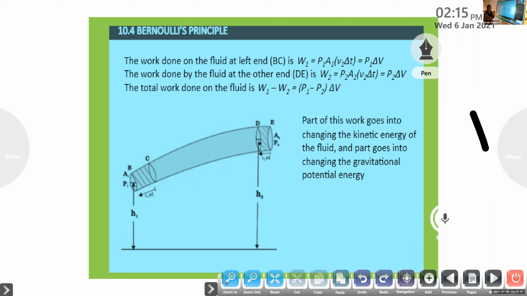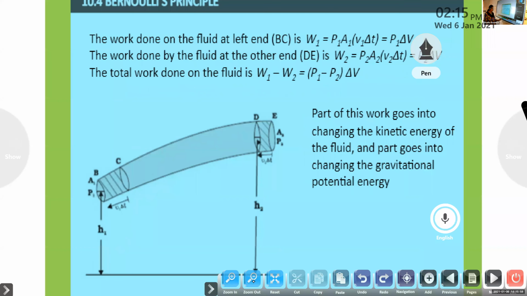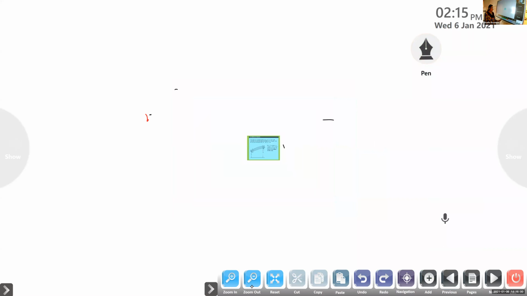Okay, children. So we don't go into much detail like what I explained for equation of continuity. Only we write the introduction. Write down. First, we will write the statement. What do you mean by Bernoulli's principle? Then we come to Bernoulli's equation. So you can write the heading: Bernoulli's principle.